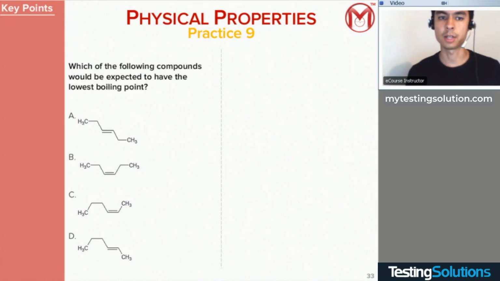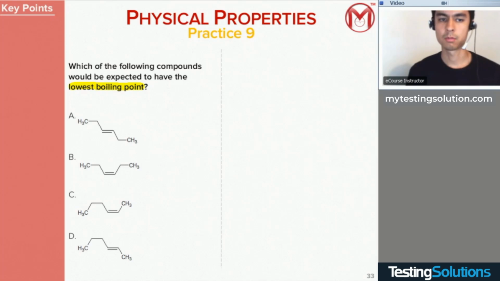We've talked about the odd one out before. This is another odd one out kind of question. So how does this fit into the odd one out discussion? Well, if we're being asked about boiling point, there's a bunch of different things that could be at hand. Could be London dispersion forces, could be permanent dipoles, could be hydrogen bonds. Well, there's no hydrogen bonds here. And the London dispersion forces for these molecules are all going to be basically the same.